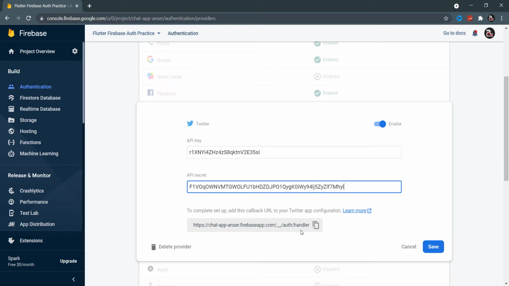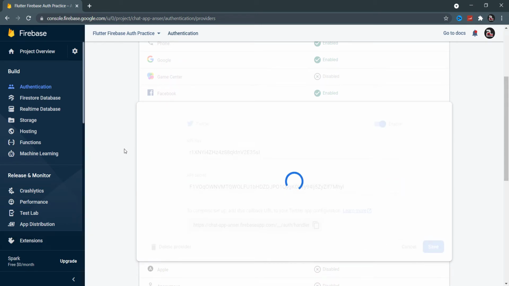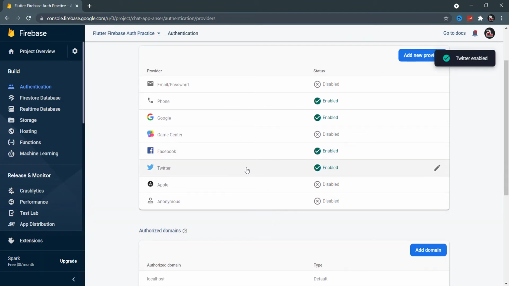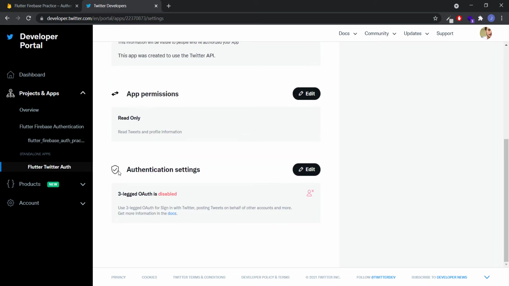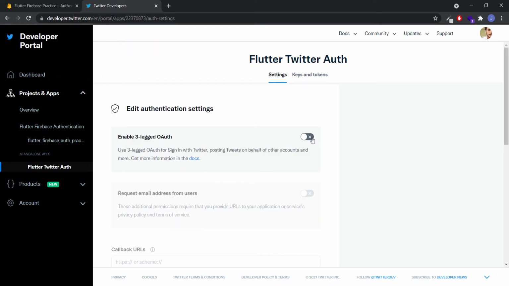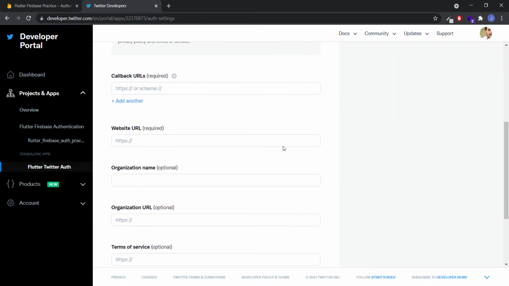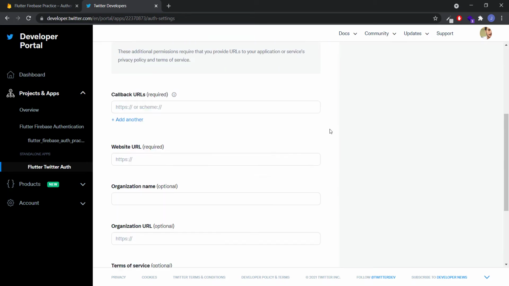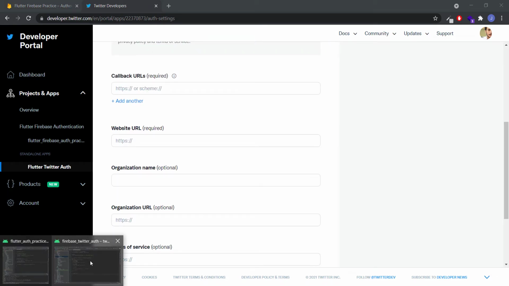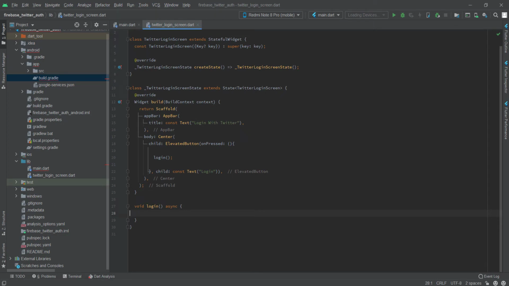Okay, so save. Okay, so now you can see that it's enabled, and after that we need to open our app settings and enable authentication settings. Edit, we need to enable 3-legged OAuth. Okay, and this is the most critical part, that we need to define our callback URL. Okay, I will teach you that after this. And now we need to open